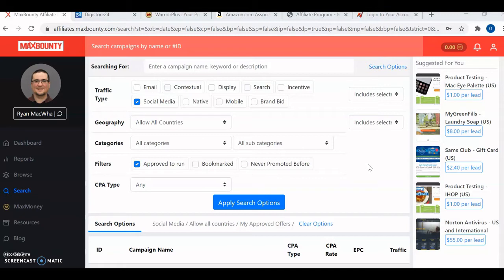So Max Bounty has a lot of products. Most of the products are digital. A few of them are physical products, and most of the products that are available here, you can only market in some countries like the USA, UK, Canada, Australia. Only a few products can you sell globally. So once you sign up, just come to search,